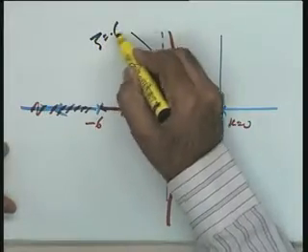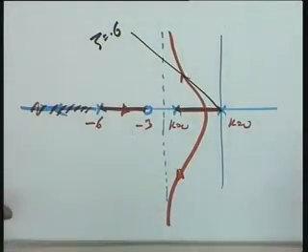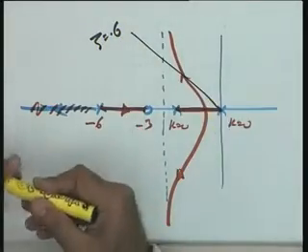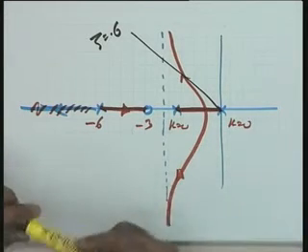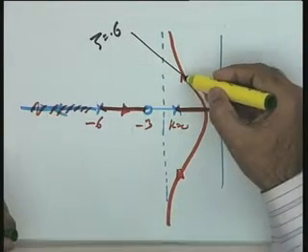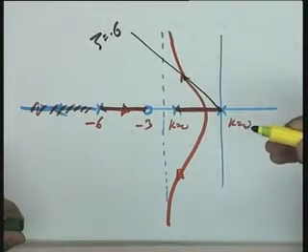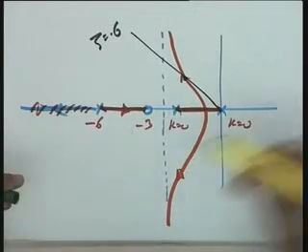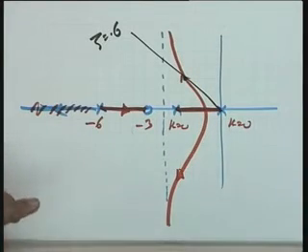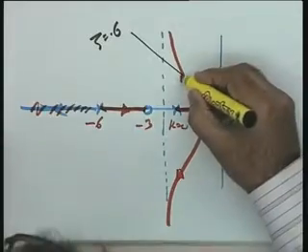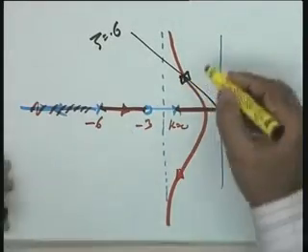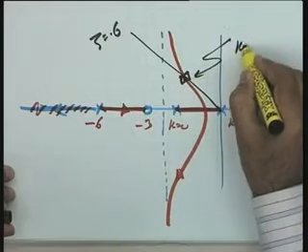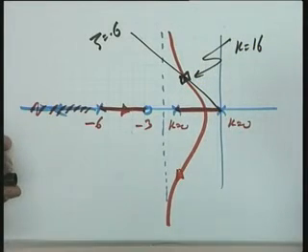Now in this particular case, let me take up the zeta equal to 0.6 requirement. You see that in the earlier root locus plot, zeta equal to 0.6 was not lying on the root locus. Now you see that this requirement has been obtained over here, and this becomes the closed loop system, and if you do all the calculations, k turns out to be equal to 16.